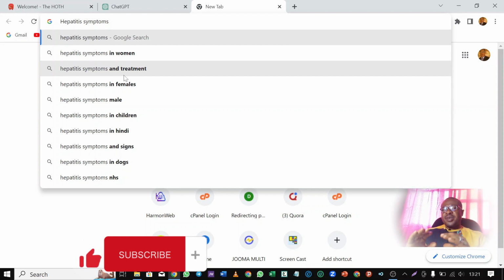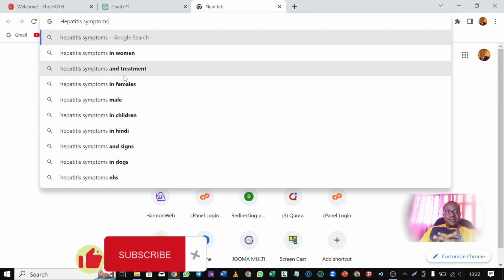Now, we cannot just stop here alone. We need to be very sure that we are actually using the keyword that can help us rank better in our blog business. So what we need to do now is to look for another keyword research tool and check if people are actually searching for this. At least if you have two, three places that tell you that people are actually searching for this keyword, then you are good to go.